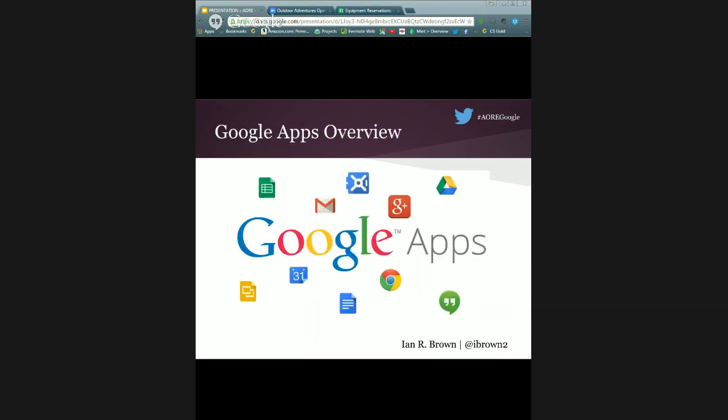Okay, so to begin with, if you're not too familiar with Google Apps, a big picture is that these applications are used and stored in the internet. It's a way of getting work done, creating content, and sharing it. It's all on the internet, hence it's cloud-based computing. They look and feel very similar to Microsoft Office, like Word and Excel and PowerPoint, but the key difference